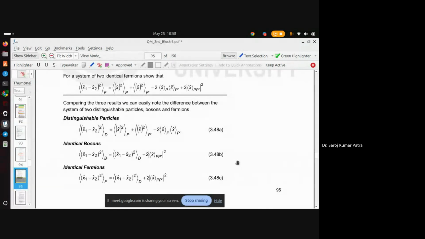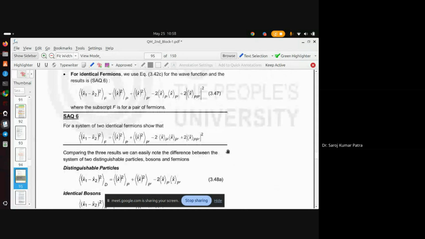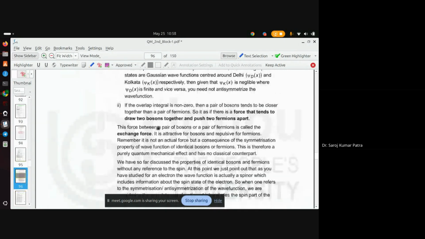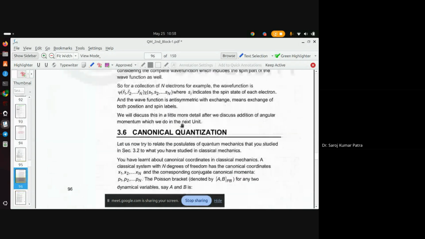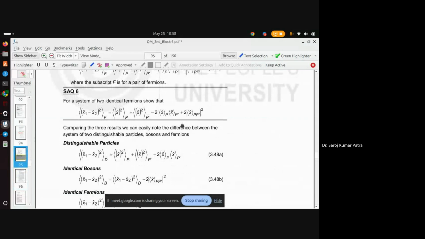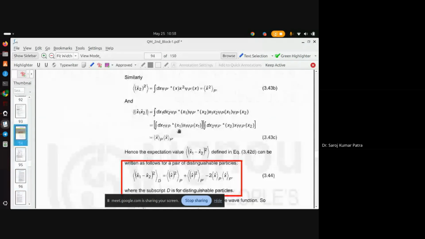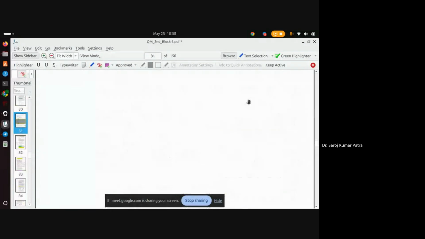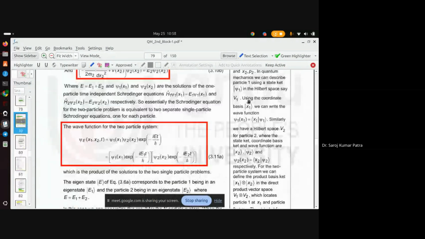एक्सचेंज फोर्सेस में क्या हो रहा है, if you have identical bosons, if you have identical fermions and distinguishable particles, ये आप यहाँ से देख सकते हैं। मेरा ये सजेशन रहेगा कि जब आप लोग इस यूनिट को पढ़ रहे हैं तो पहले तीन चीजें, जैसे मैंने let me go to the takeaway from the chapters जहाँ पे बताया गया था, उसको थोड़ा ध्यान में रखना है, तो फिर ये यूनिट अच्छे से समझ में आएगा।